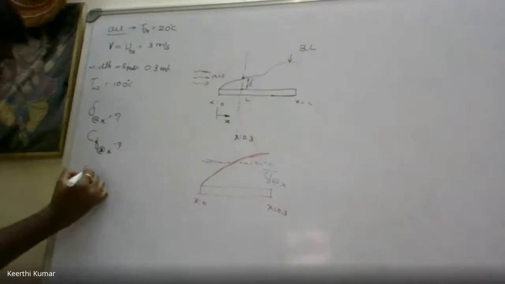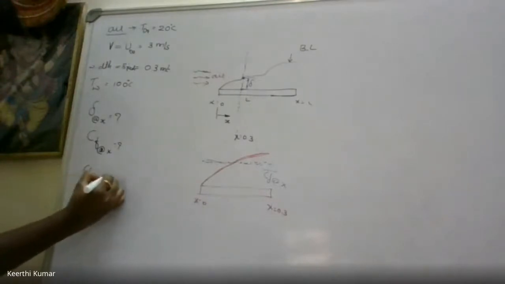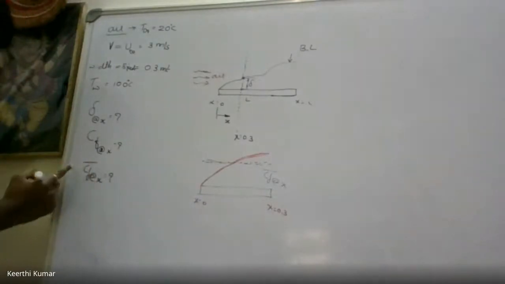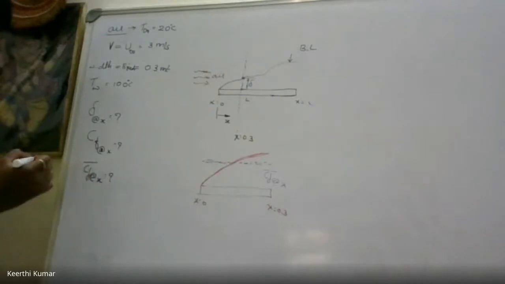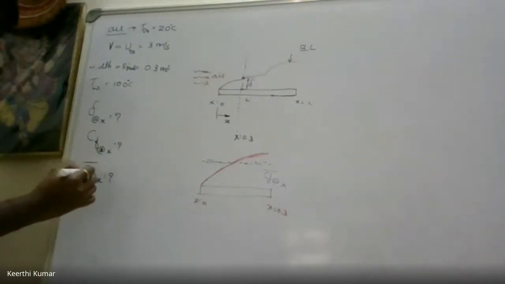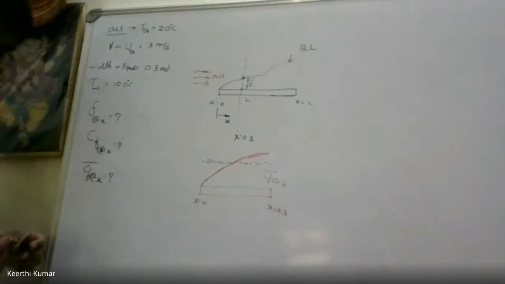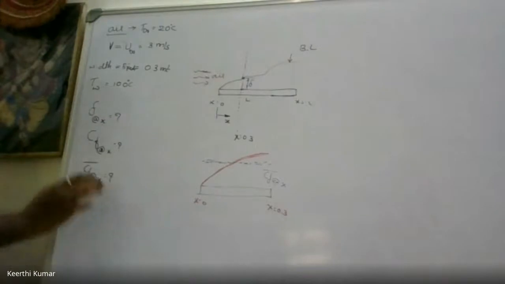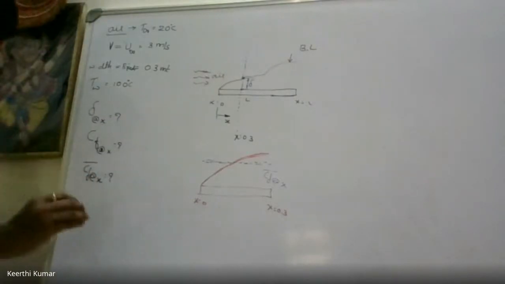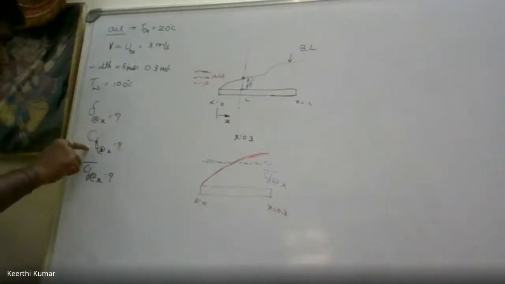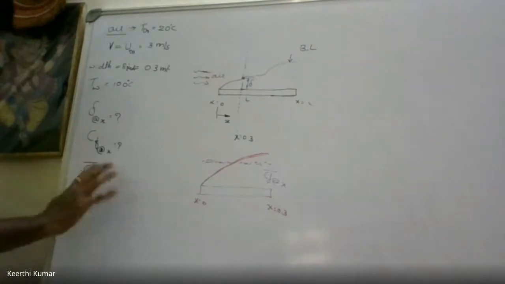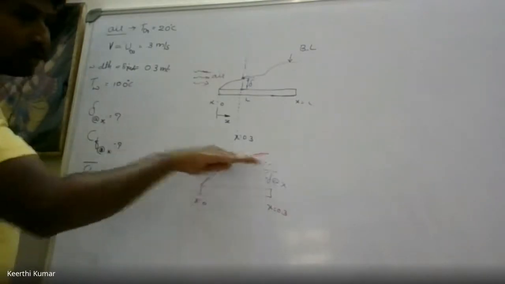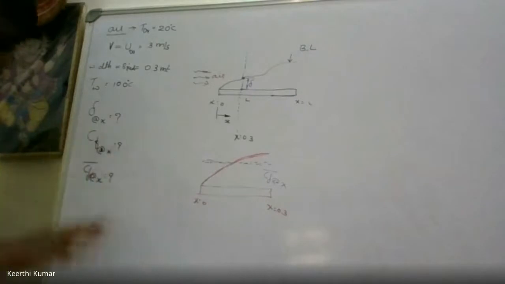That is CFx at x is equal to how much? That is average. I'm going to put a line at the top. CF is the friction coefficient based on x distance, and it is average he is asking. That is the third unknown he is asking. No need to worry. Whatever may be the unknown in the convection chapter, all the formulas are there, except you should know what is delta x, what is CFx, what is average CFx. Anything average means converting the curve into a horizontal line. That's all. That is called average. Next.